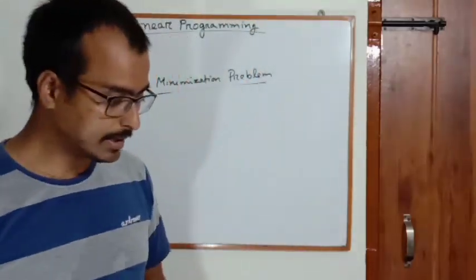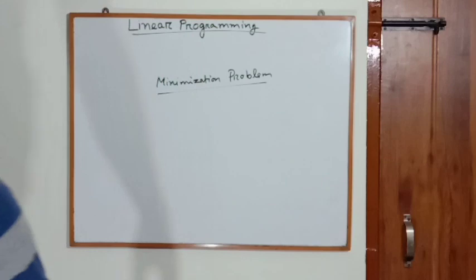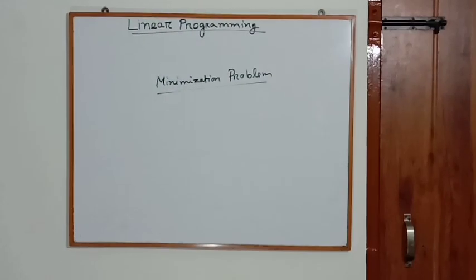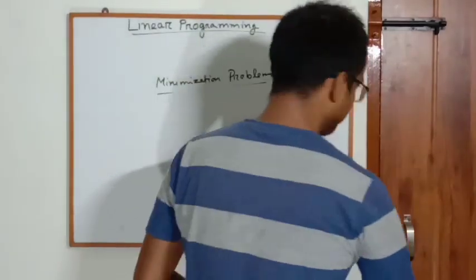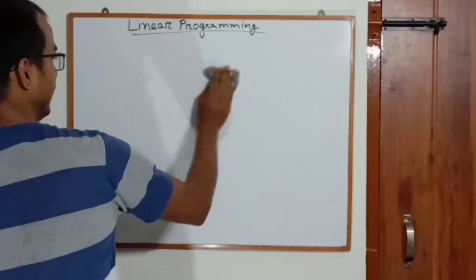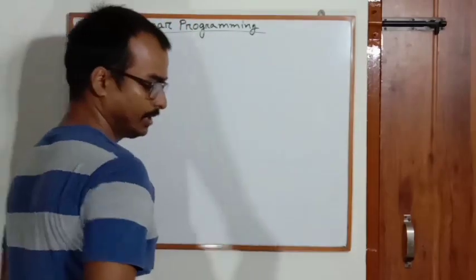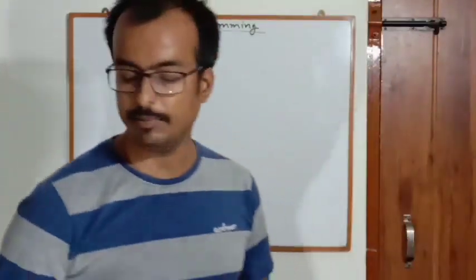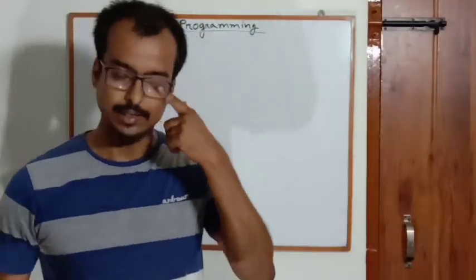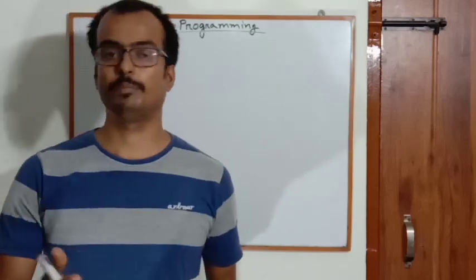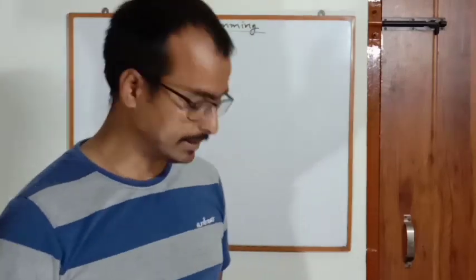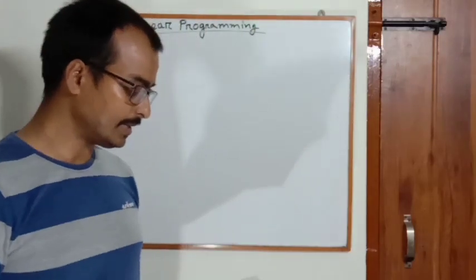Okay, let us go directly to our problem today. And as I said, we will be discussing the minimization problem. So let me take again one example to make you clear about the concept. I'll be taking the example given in the book directly. After I solve this, you will be able to solve the questions which are given in the exercise. This is a direct problem.